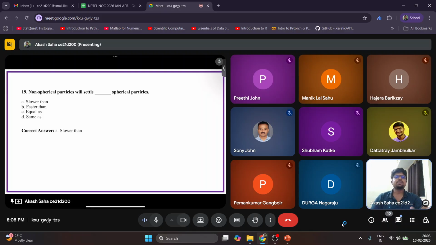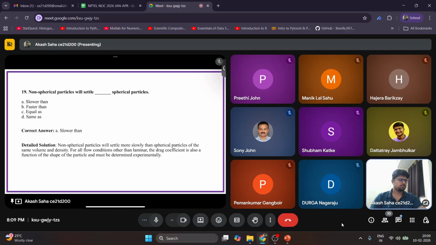The particle shape will change, so based on the particle shape, we give a shape factor to it, and then we incorporate it in our formula. So a non-spherical particle will face more drag than the spherical particle, and it will settle slower than the spherical particle. Okay,